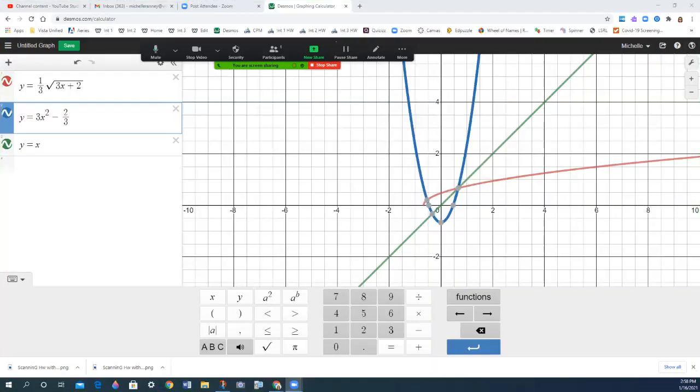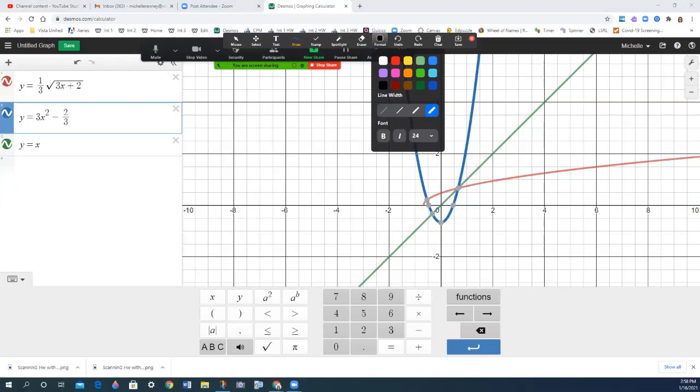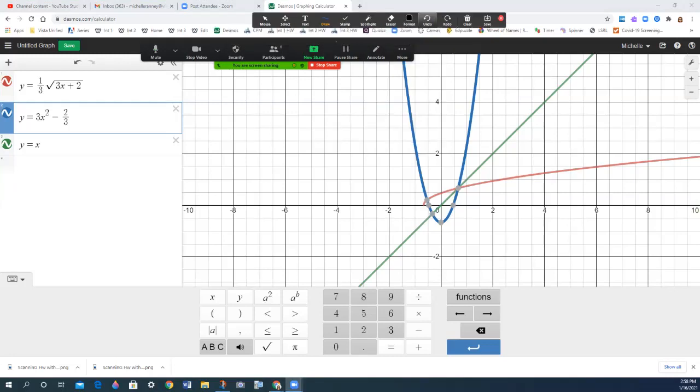And just a quick little note, I just put in Desmos my original 1/3 square root of 3x plus 2, which is the red one. And then I put in the blue one, which is my inverse, okay? But I do not have that whole entire parabola, because what happened was I only had, and here, let me see if I can get my annotations over here, sorry. I only have,